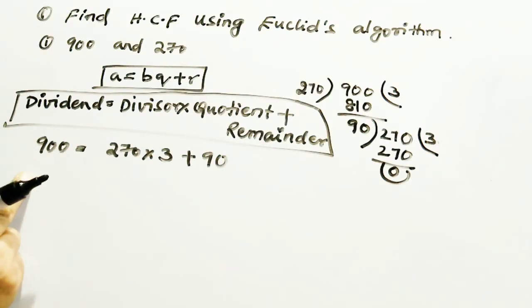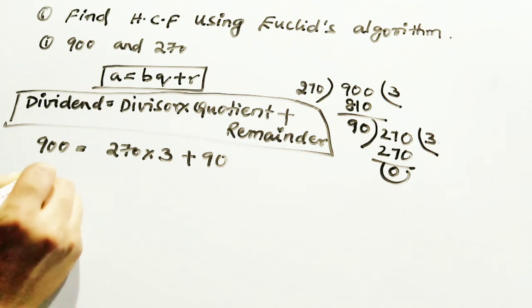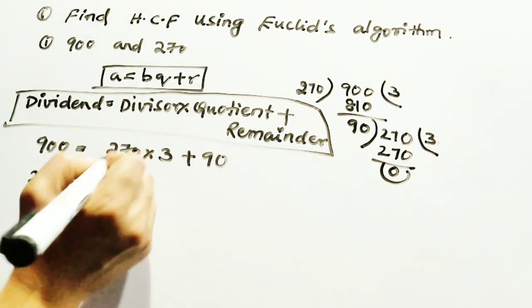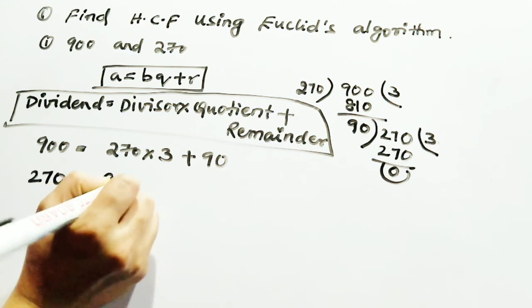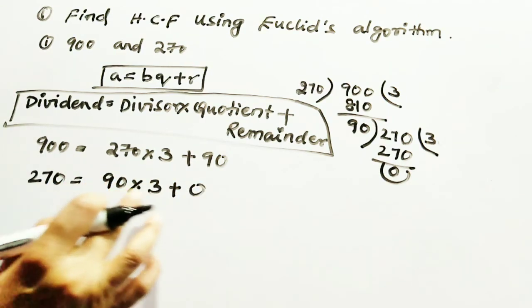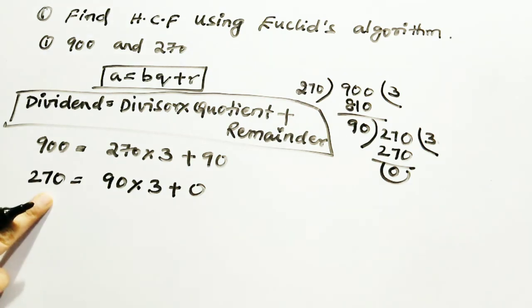Now your dividend is 270 equals, what is your divisor, what is your B? 90. What is your quotient? 3, plus 0. When you calculate, you will get the answer 270. So the highest common factor of 900 and 270 is